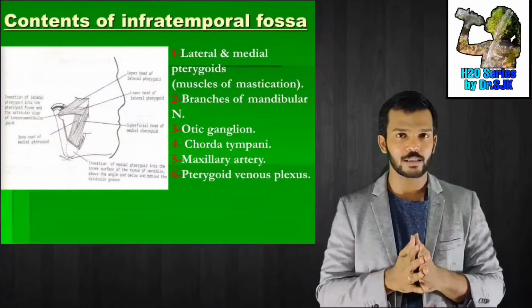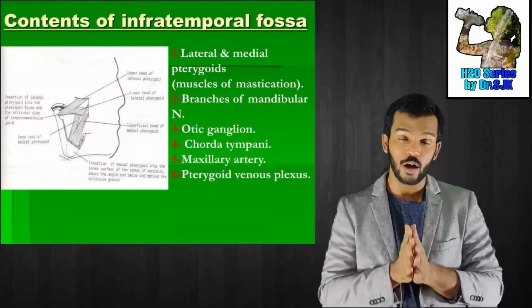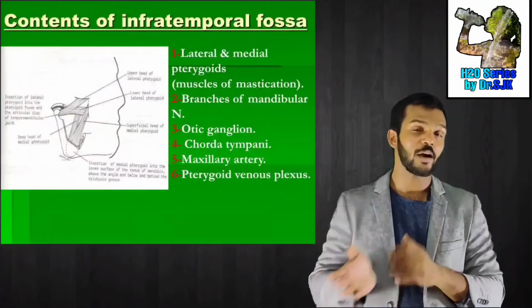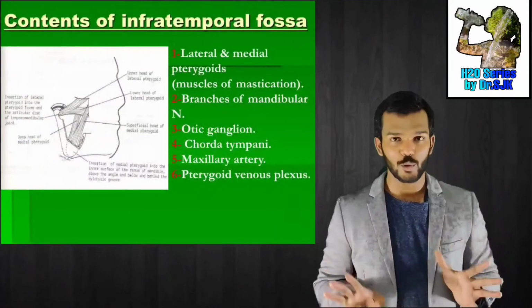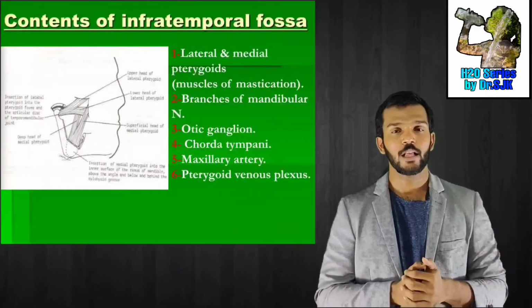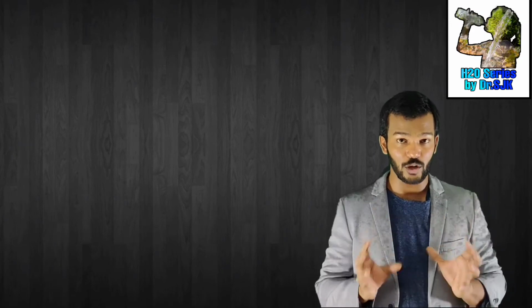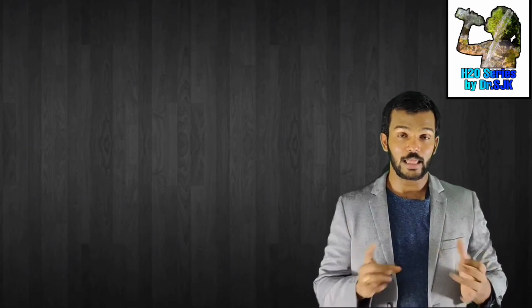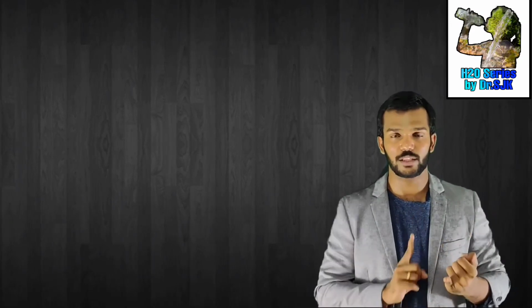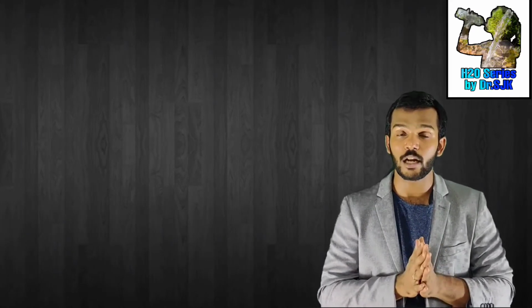The others do not form the contents, because the accessory meningeal artery, middle meningeal artery, and nervus spinosus are all going back into the cranial fossa. So those structures do not form the content of the infratemporal fossa. Why I am saying these two foramens side to side is because if you clearly understand them, you will understand the spread of neck space infection. Then you will understand the two most important ganglions, the pterygopalatine ganglion and the otic ganglion.